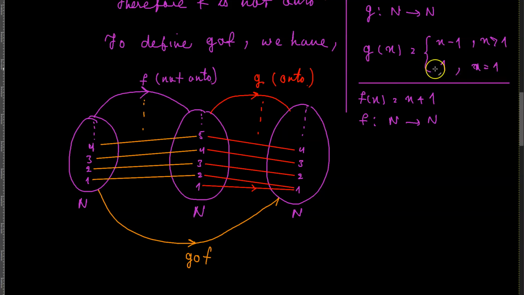This clause doesn't have any variables, so I'm going to have to use this clause in order to compose this function with this function. So that means that if I want to calculate GOF, which is the same thing as g of f of x,